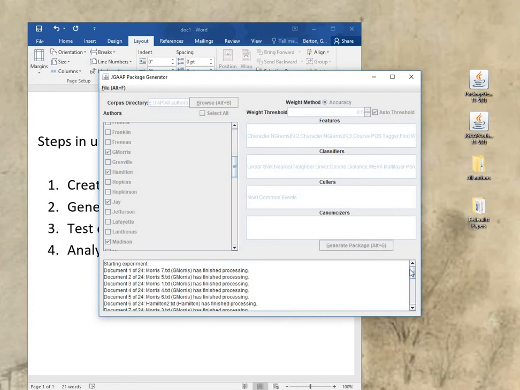On the bottom, if you want to follow what's going on, of these 4 people we selected, there's a total of 24 documents. That's the subfiles under each one. And they're going through and processing each one and identifying the feature traits of each author, or each sub file within that author. So when it compares it to the document later, in the next chapter of this, it will be picking the closest of the 24 to that particular feature